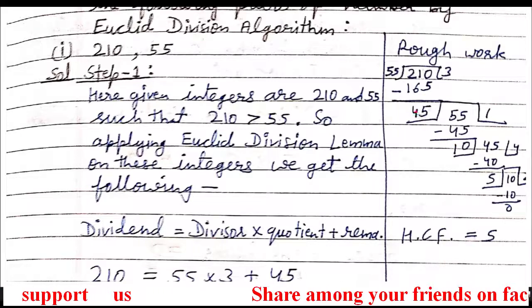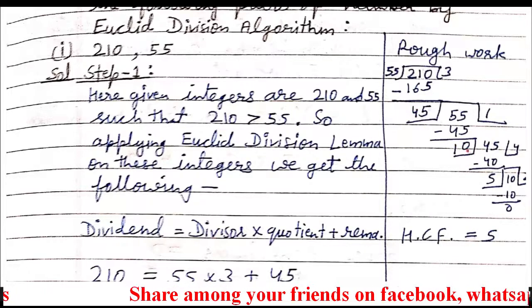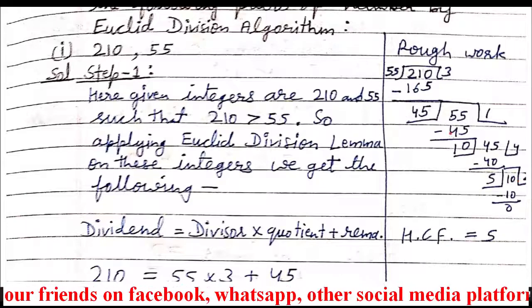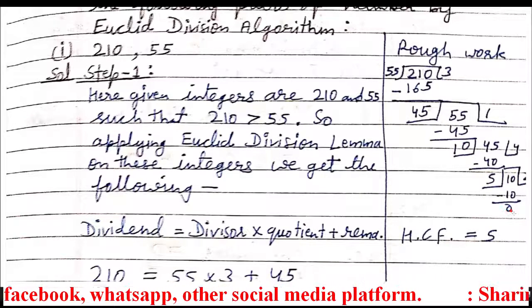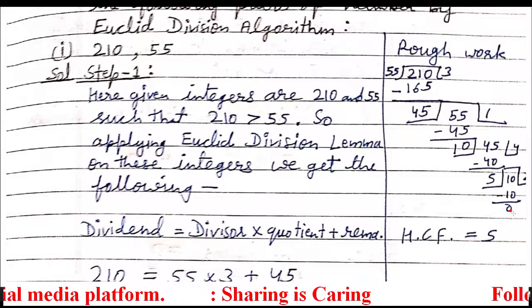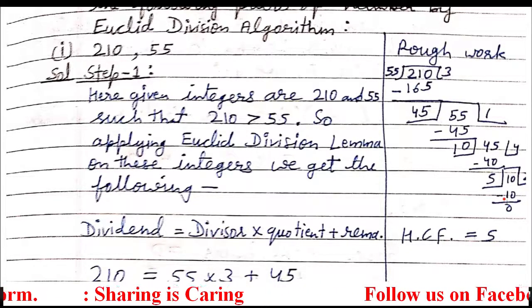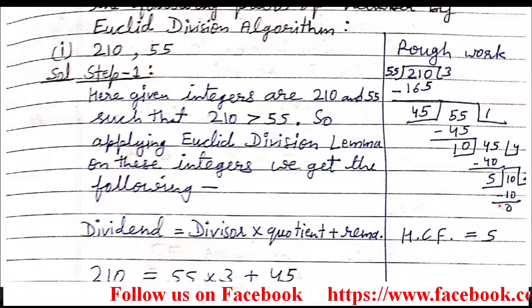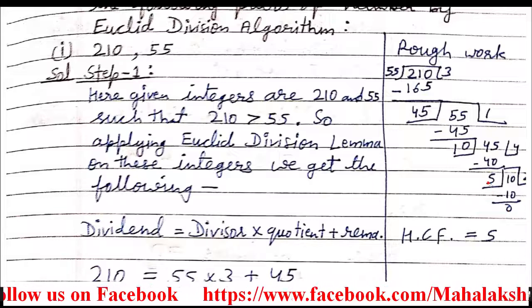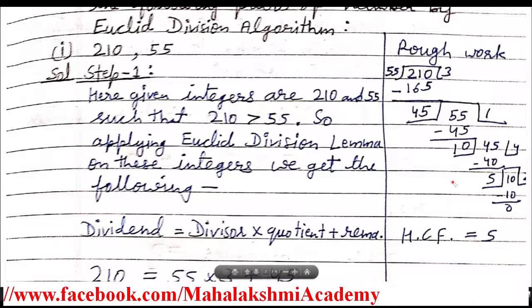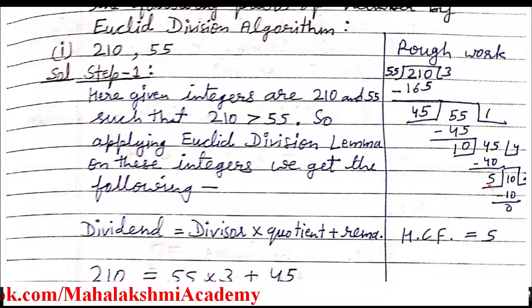And then again this 45 will come here and we divide it. So you will get here 5. This process of division you have to do until you achieve 0 as the remainder. As soon as you achieve 0 as the remainder, the divisor for that respective division is the HCF. So here this is the division where we achieved the remainder as 0. Here the divisor is 5, so this 5 is going to be our HCF. This is the division method which we learned in our small classes.